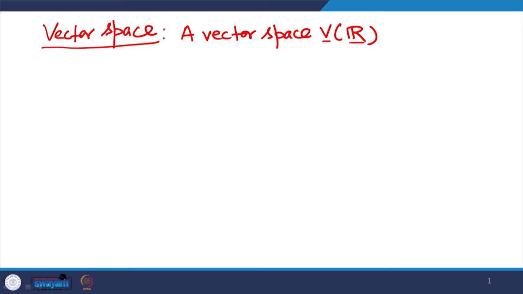In general, we can define vector space over any arbitrary field, but in machine learning we usually have vectors that are defined over the field of real numbers. So, in this course we will focus on vector spaces that are defined over the field of real numbers. So, vector space V over a field R